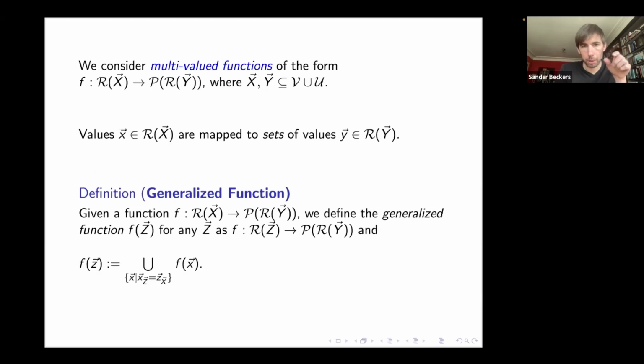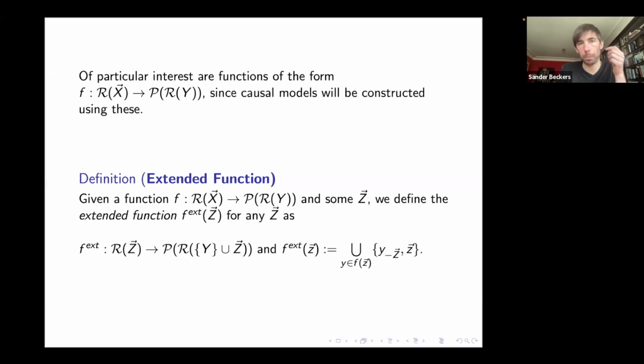What I've just said was defined for general domains and codomains. A very interesting special case will be where the codomain consists of just one variable, right? Because those are going to be the functions that we're going to be using in our causal models. And for those functions, I'm going to define the idea of an extended function. Why? Because this allows us to compose functions after each other without losing the input that we gave it. So if we're going to recursively solve the equations of a causal model, we don't want to lose the input that we gave, and the extended function simply makes precise the idea that you're passing through the input as well.